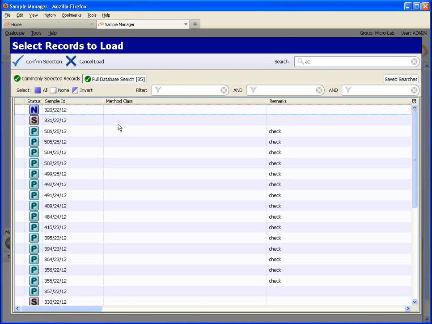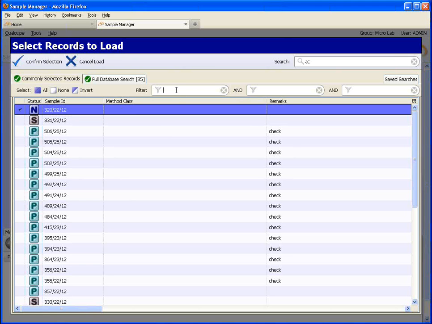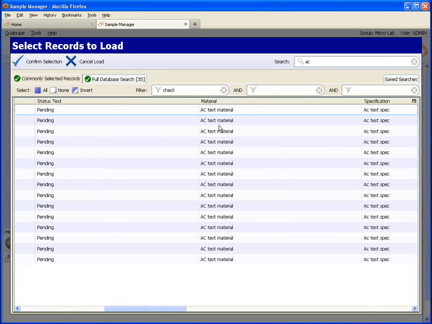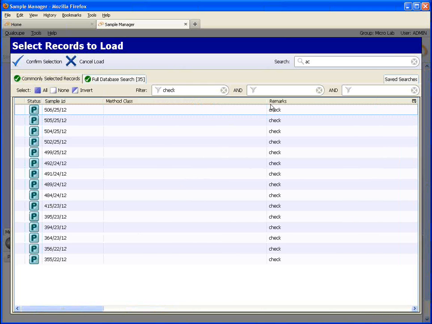Having performed the search, you can then filter as well. So I could put in a filter: the search is bringing me back only AC test material or AC spec, and then the filter is bringing me back records which have got the value check in them as well. So you can use a combination of searching and filtering. If I clear the filter again,